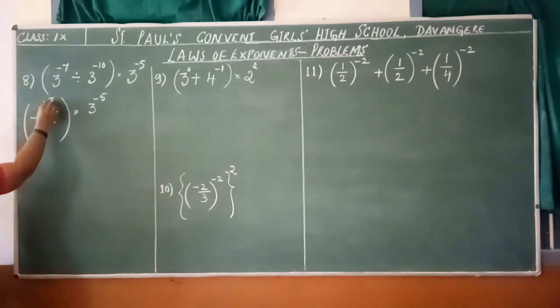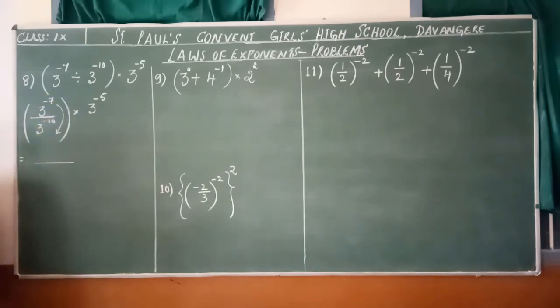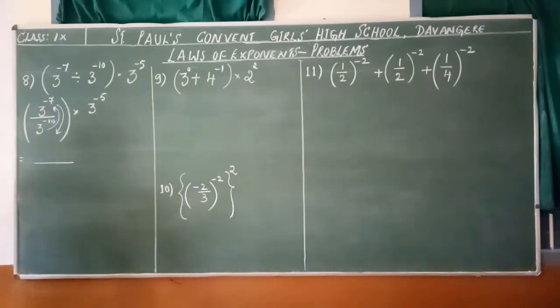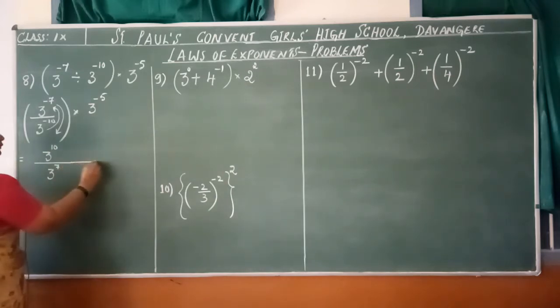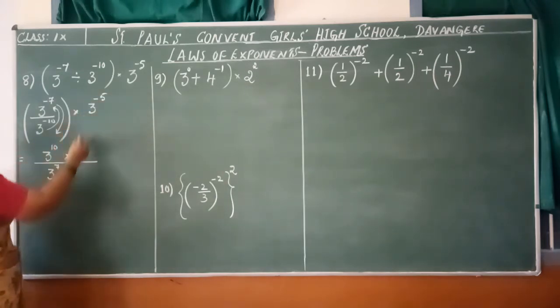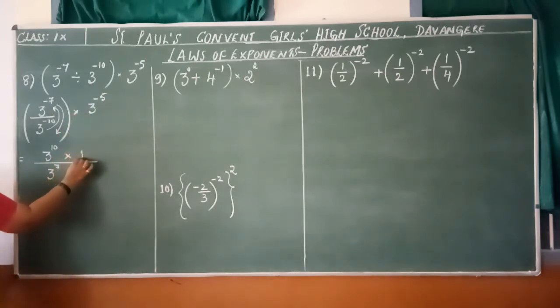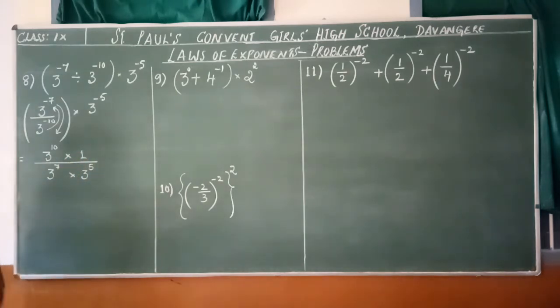Now, 3 to the power of minus 7, I will write it after the division symbol. 3 to the power of minus 7 is in the numerator, bring it to the denominator so as to make it a positive index. And 3 to the power of minus 10, bring it to the numerator, then it changes to a positive index. So I can write it as 3 to the power of plus 10 and 3 to the power of plus 7, it gets interchanged. Then here, into 3 to the power of minus 5, when it is brought to the denominator, 1 by, here into you place 3 to the power of positive 5. This way we have rewritten negative indices as positive indices.